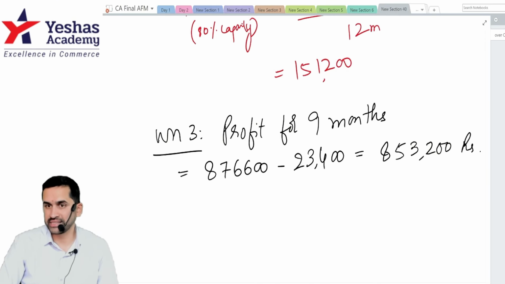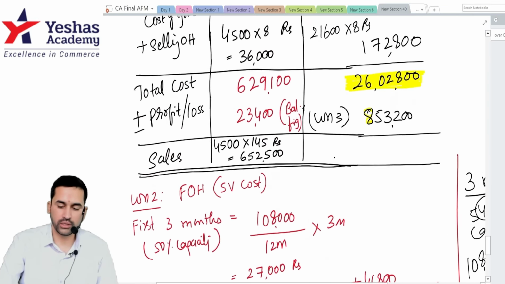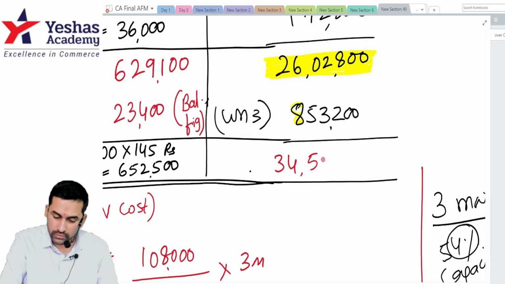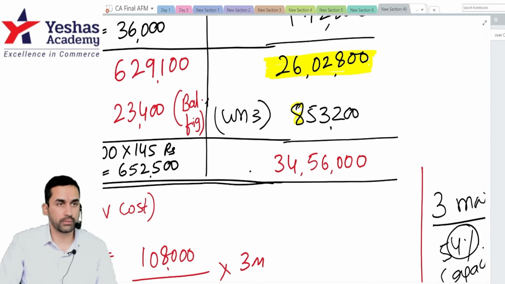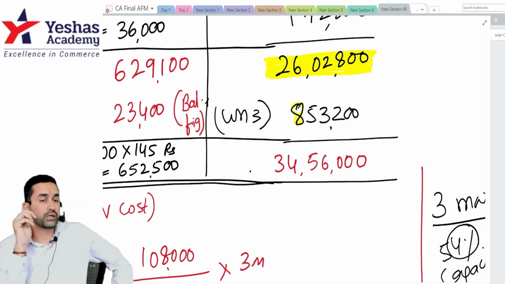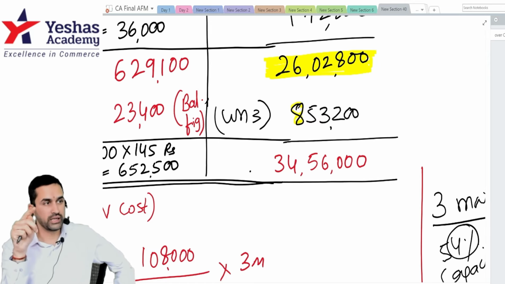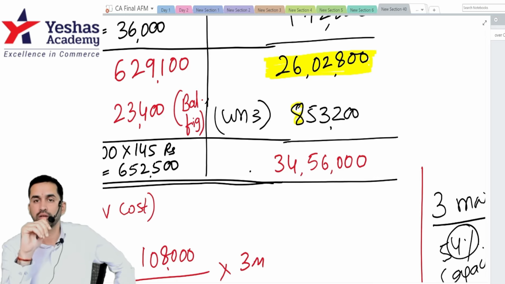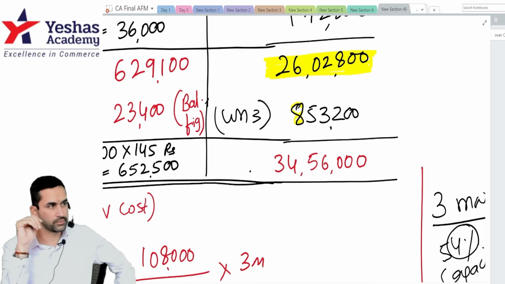For cost, if you add this, you get sales value, but they have not asked you sales value. They want price. Read second sub question. What should be the selling price for 9 months? Not sales value. Correct. 853,200. Add. Anybody this number 3456000, divided by number of units that you are selling in next 9 months only. How many units? 21,600. 160 should be the selling price.